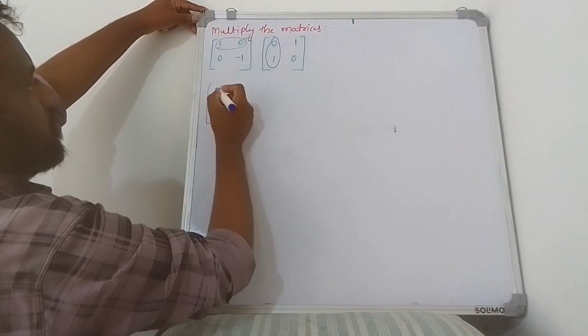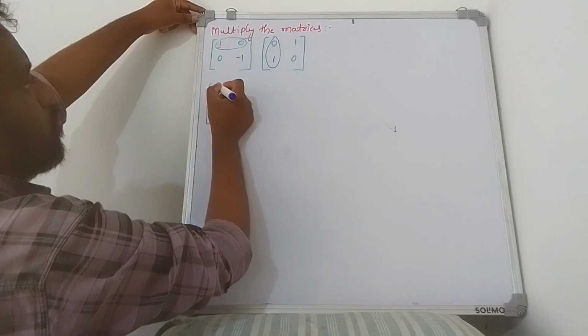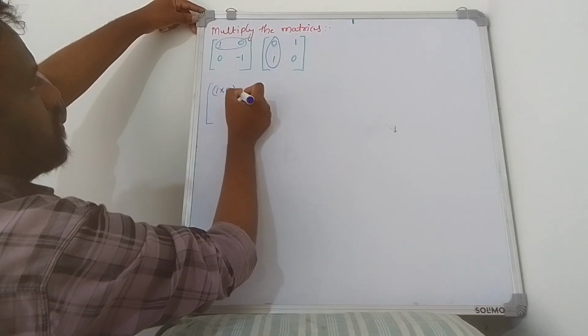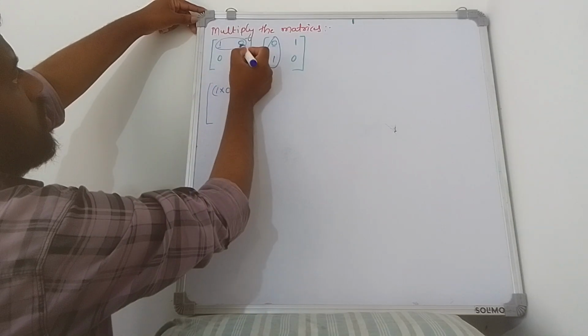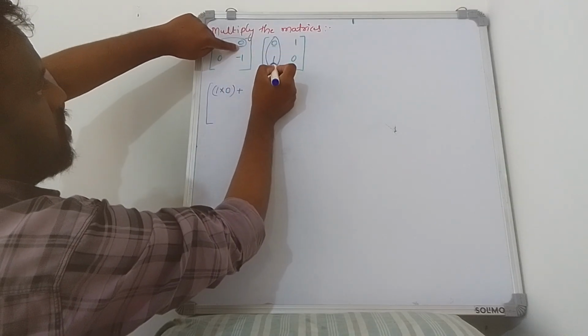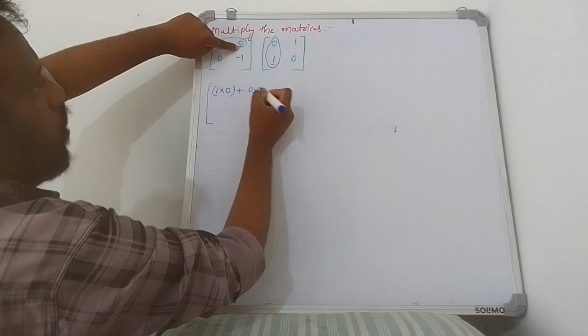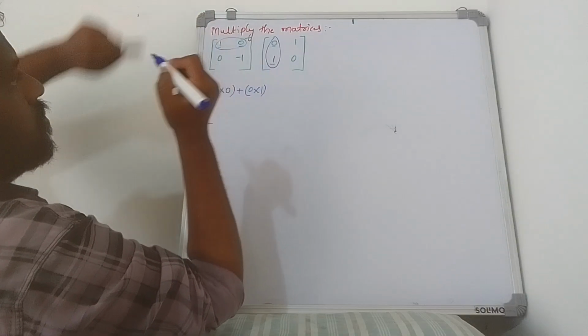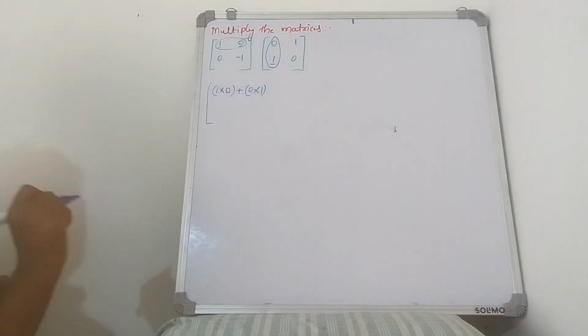Multiply this and this, so we get 1 into 0, put bracket, put plus. Next, take second one, this is second one, multiply this and this, so 0 into 1. Okay,